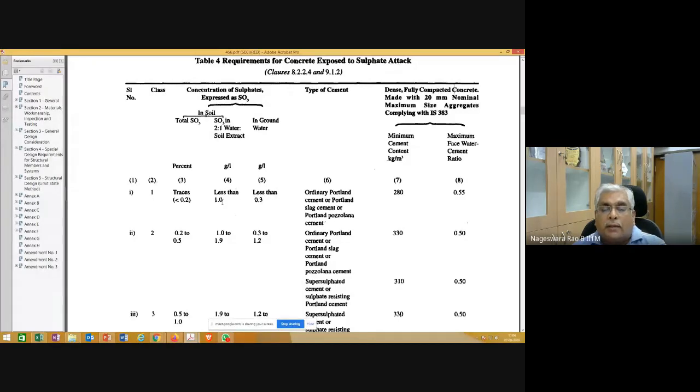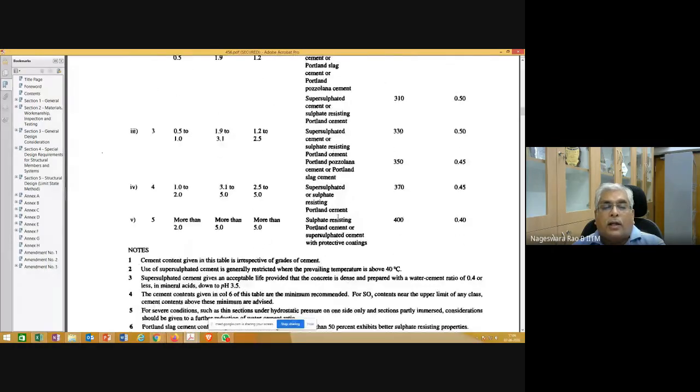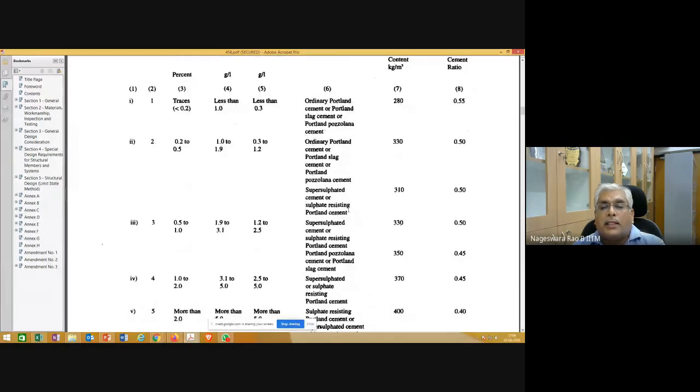If it is satisfying this, then you can go ahead and use ordinary Portland cement, Portland slag cement or Portland pozzolana cement. Like that, you can see all the way down for 5 classes, the different types of cements which the code is recommending.